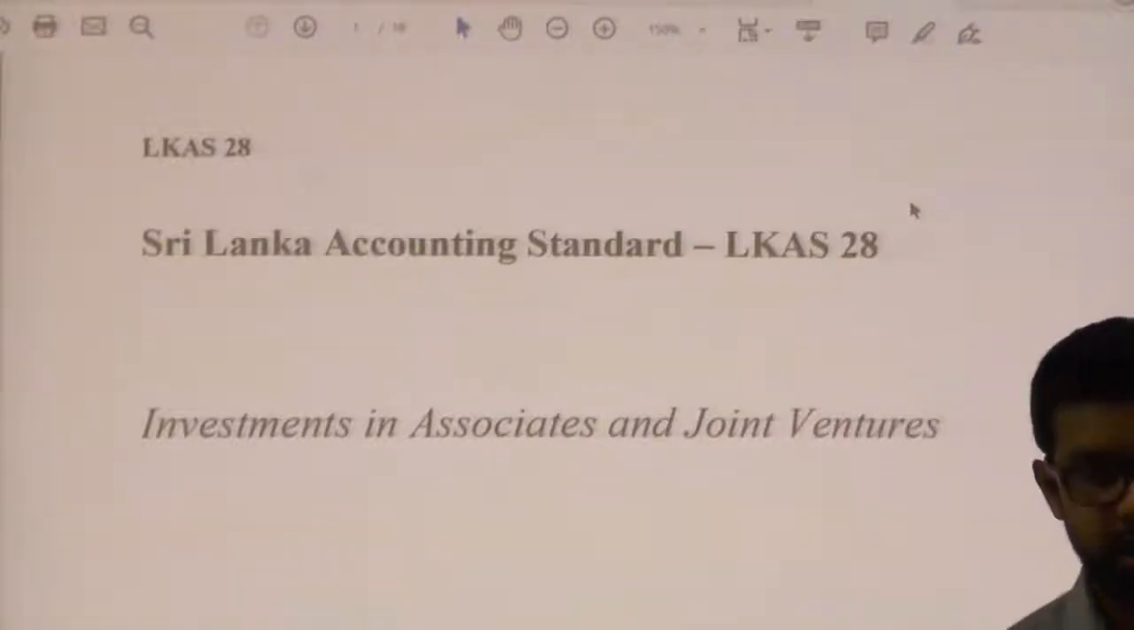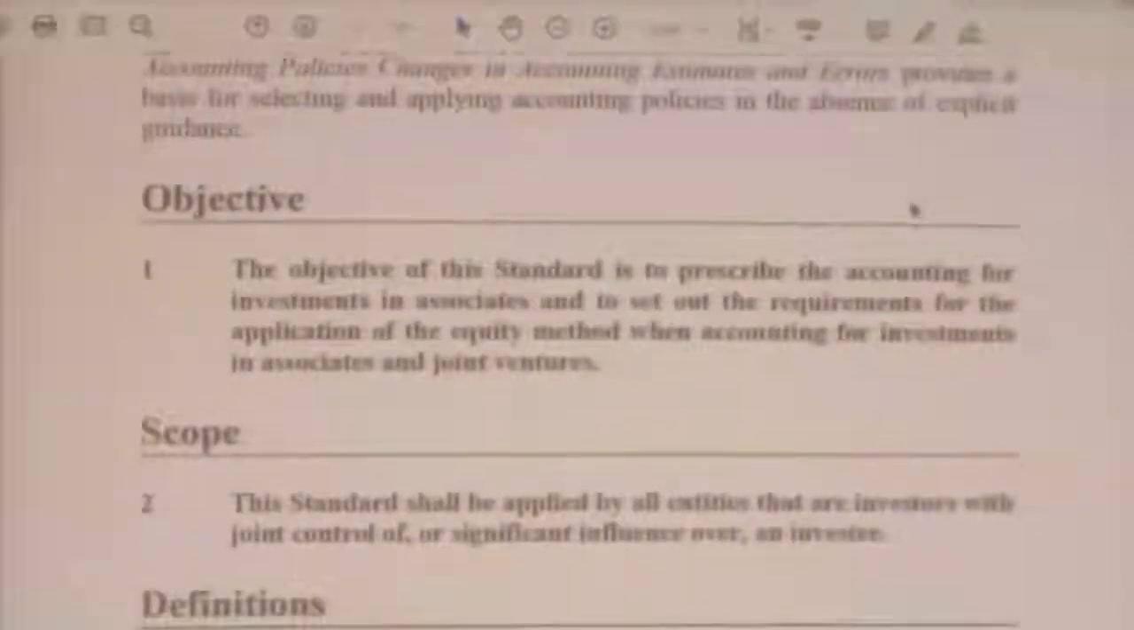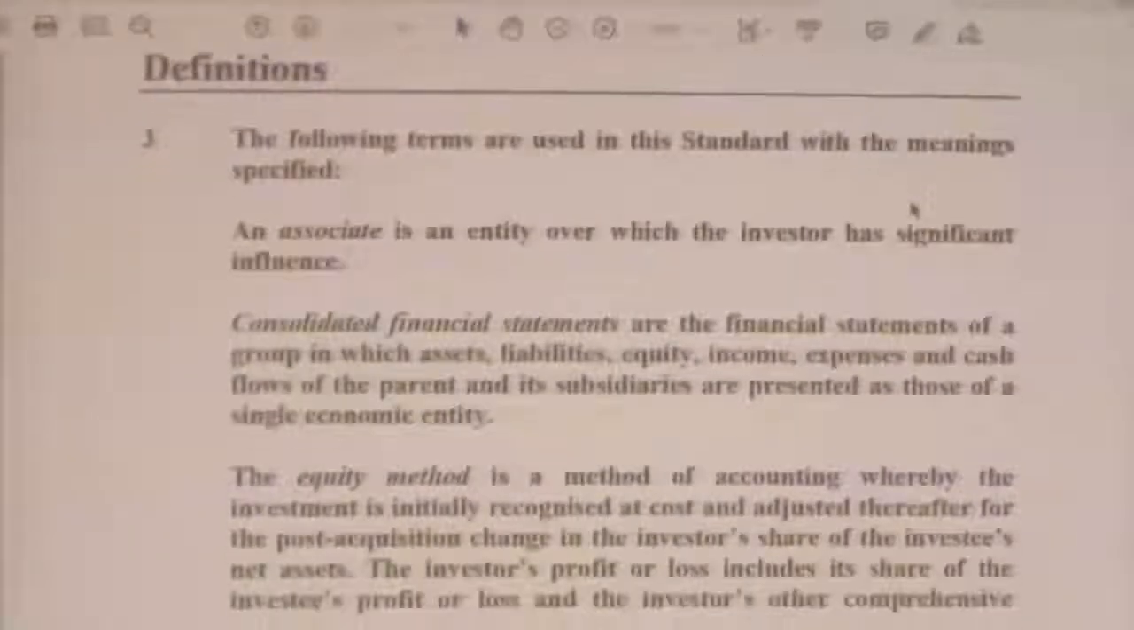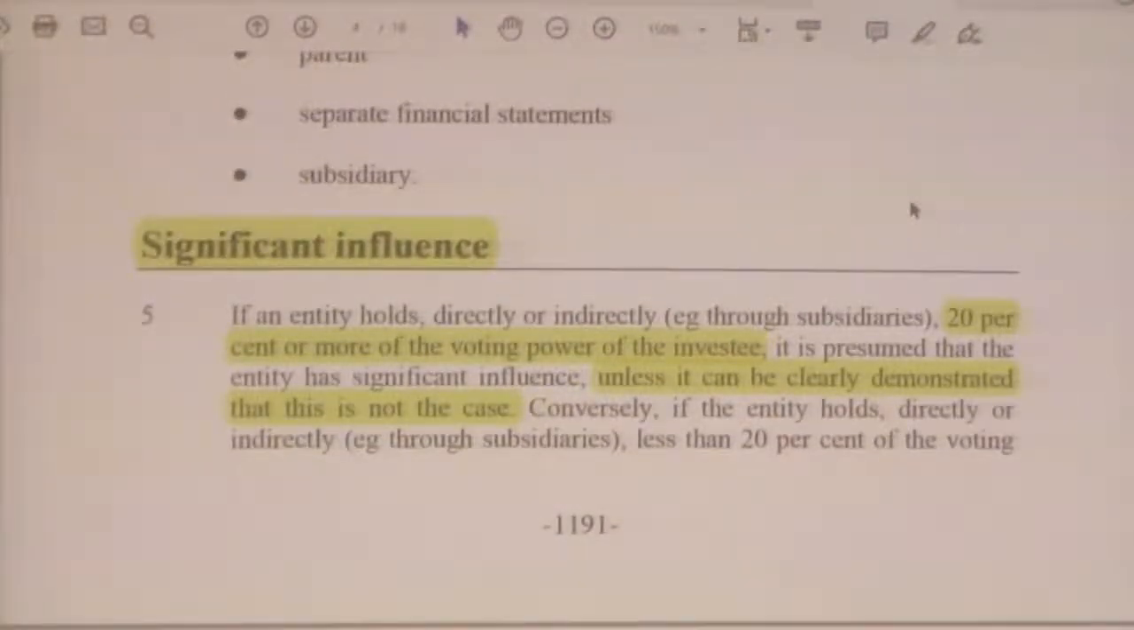Right? Fine. Okay. This is not a big difficult standard to understand. Right? This is the last standard I want to discuss with you relating to group accounting. Right? So I have highlighted important things for you. I will read it for you and explain the importance of it. Right? Fine. Okay. If you look at this PPT slide,